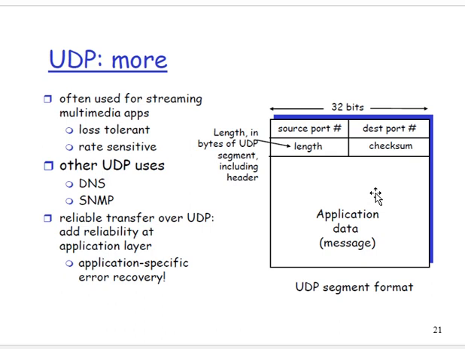Now out of those 8 bytes, 2 bytes is source port, 2 bytes is destination port, 2 bytes is length, and 2 bytes is checksum. Okay, now length will give you the size of the segment, including this whole header. So suppose your segment was 16-bit, so this length will give you 4, that is length will give you all zeros, plus